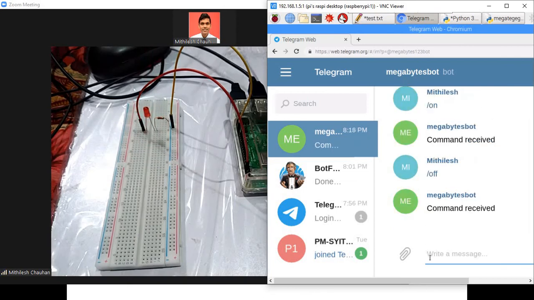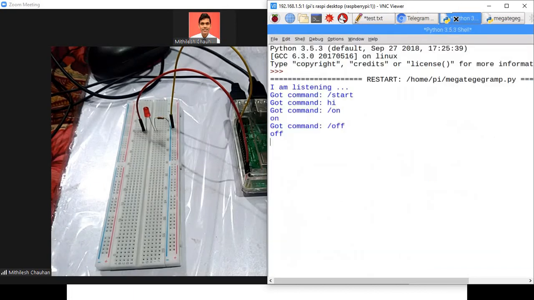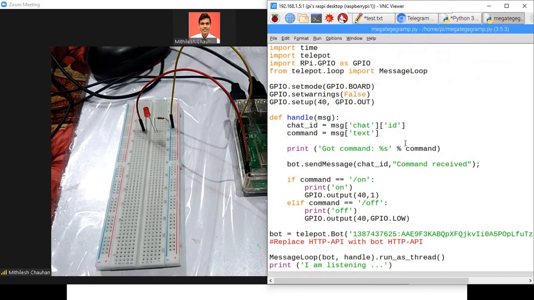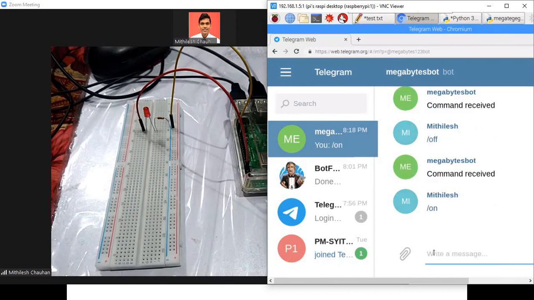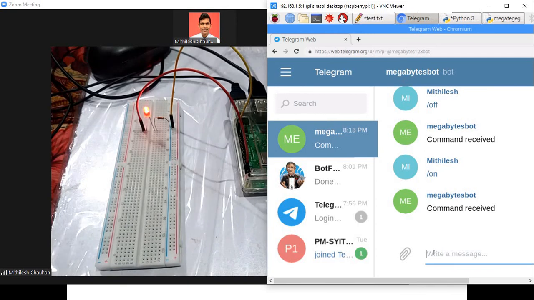So the program has received the off command, and the off command means it is going to turn off the LED by putting value 0 on pin number 40. Now again, if I send on from my application, then it is going to turn on the light.